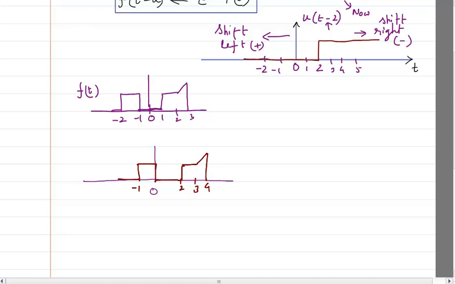This whole signal, I have taken and I have shifted it in this direction. Shifted in which direction? Shifted in the right direction. So if this is f of t, then this is basically shifted in the right direction by a time period of 1. So I will say that it is delayed by 1. So I will write this as f of t minus 1. Now suppose I draw it in another way.